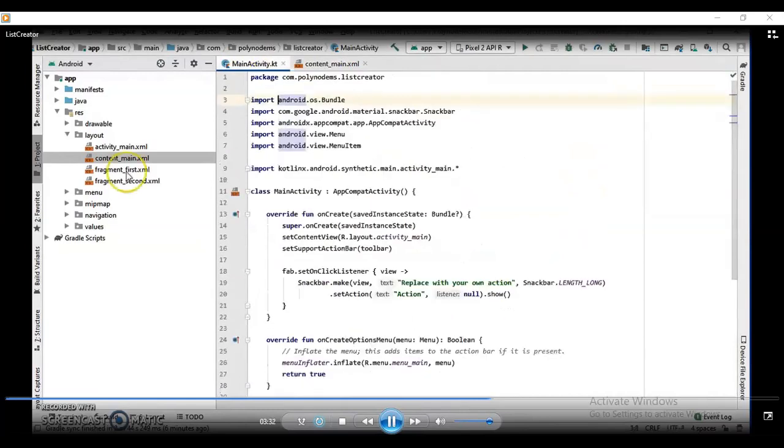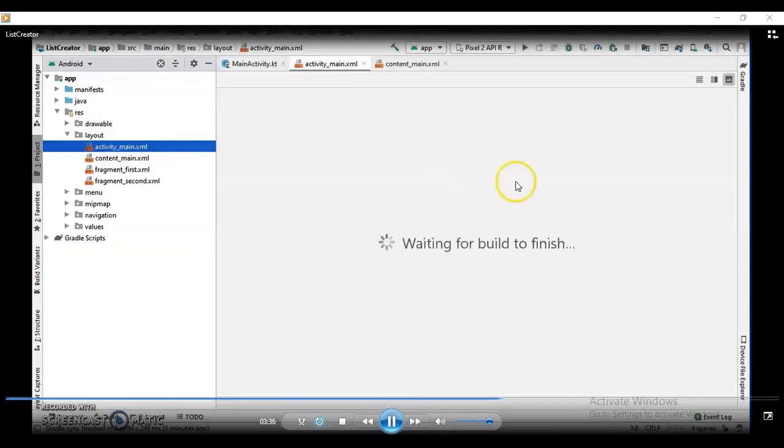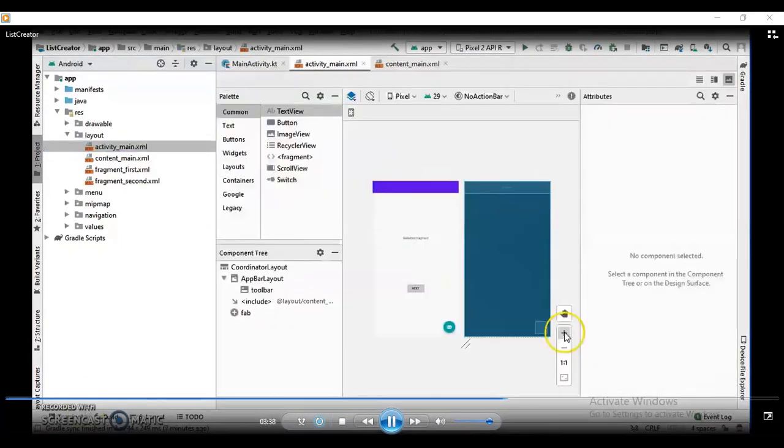Again, if you explore activity_main.xml in design view, you can observe in the component tree that the coordinator layout has been maintained here. Inside this coordinator layout, an app bar layout is specified.